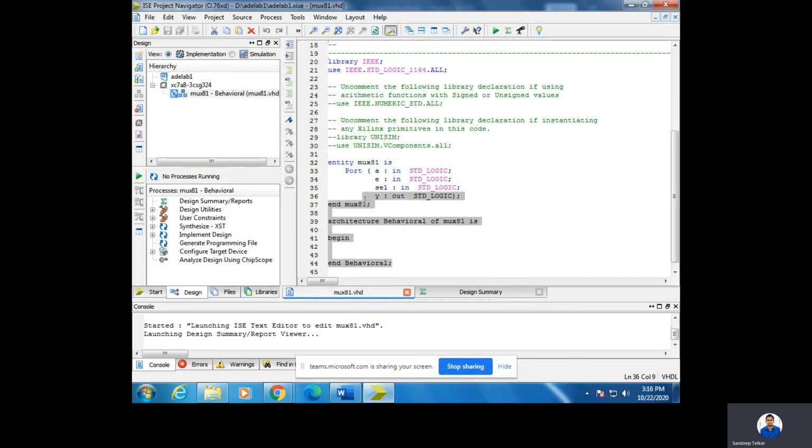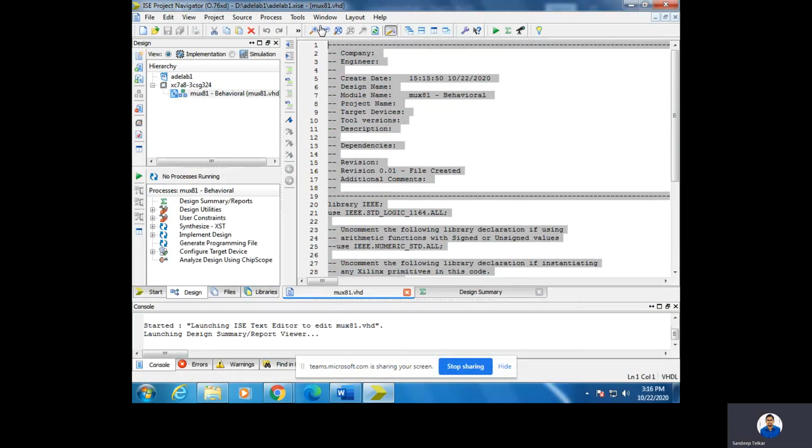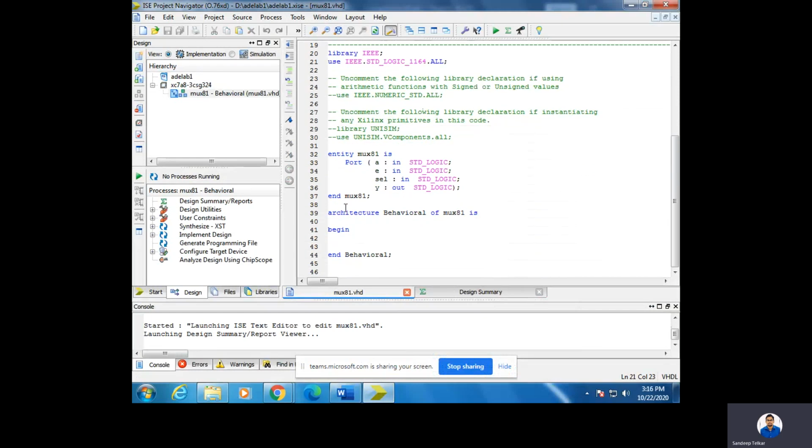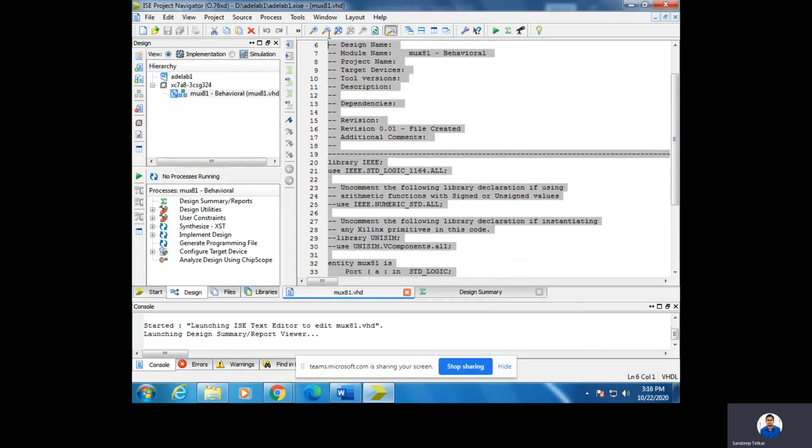So what I will be doing, I will be deleting this. It is left to the student: either they can delete all the content and write it fresh, or they can edit in this page itself and start writing the logic for the multiplexer program. I'll be choosing one more way.